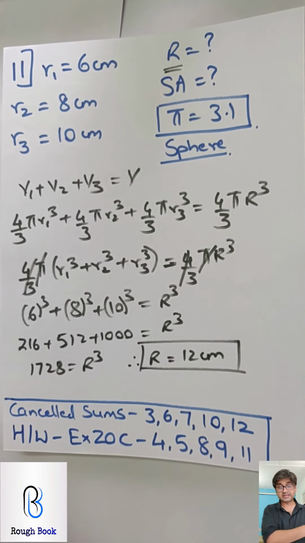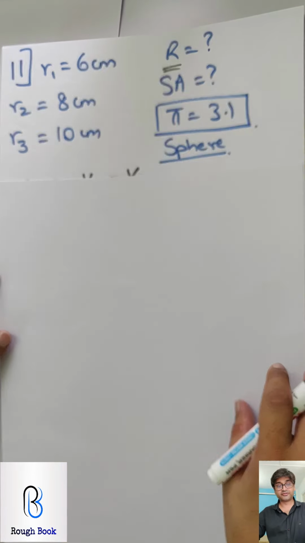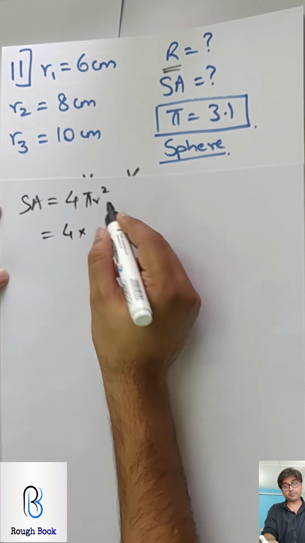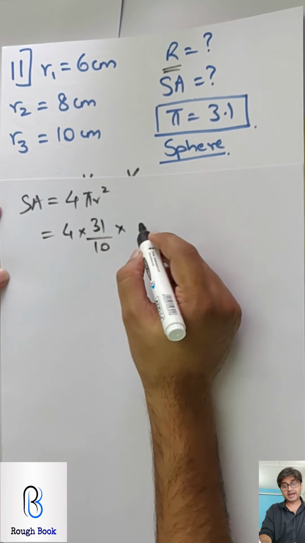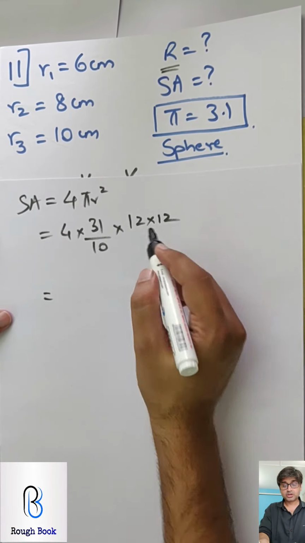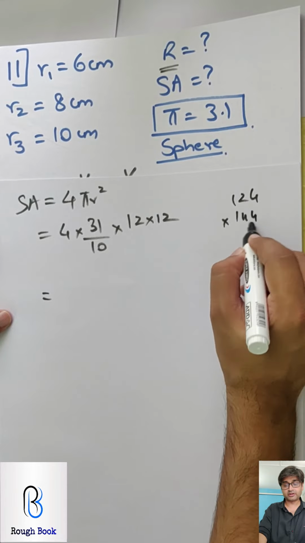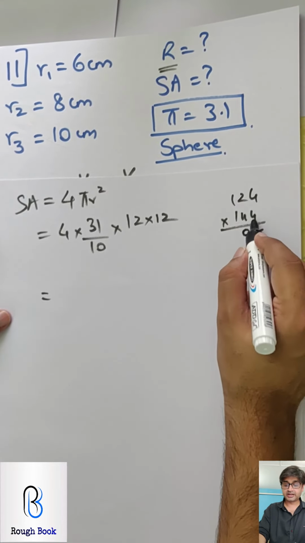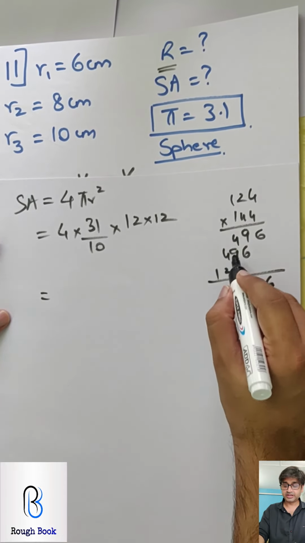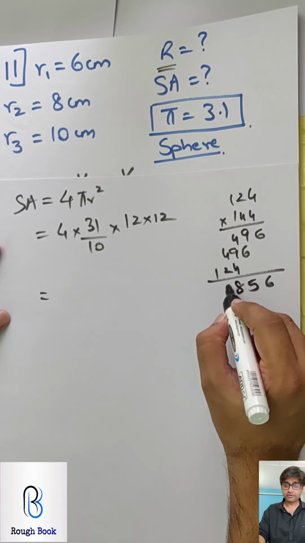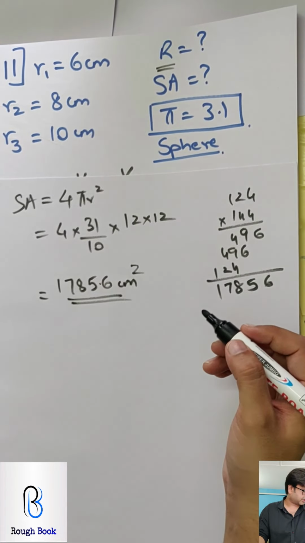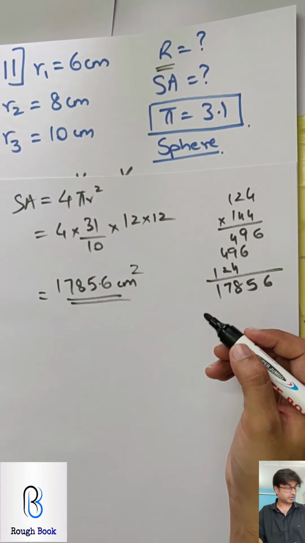That's what radius is got. Now you need to find the surface area of this sphere. So surface area of the sphere is 4 pi r square. So 4 pi is given to you as 31 by 10 and r we just found as 12. This is what you can calculate. So come on, go ahead, calculate. So I will get 124 into 144, 4 4s are 16, 4 2s are 8 and 1 is 9, 4 1s are 4, so 496 and 4 2 1. So 6, 15, 9, 10, 18, 4, 5, 6, 7, 1785.6 centimeters square. I hope I'm correct with this question and it's absolutely right.